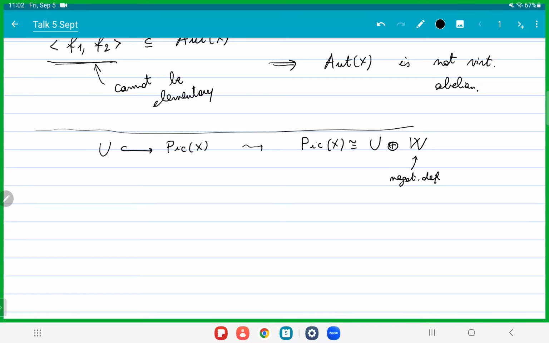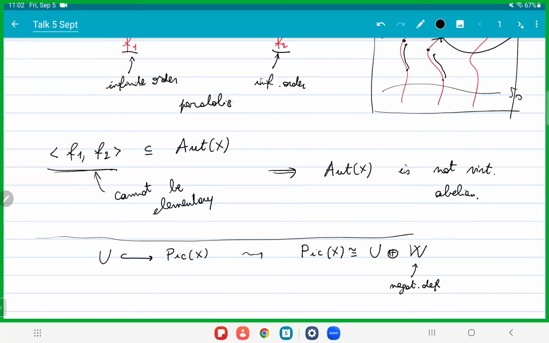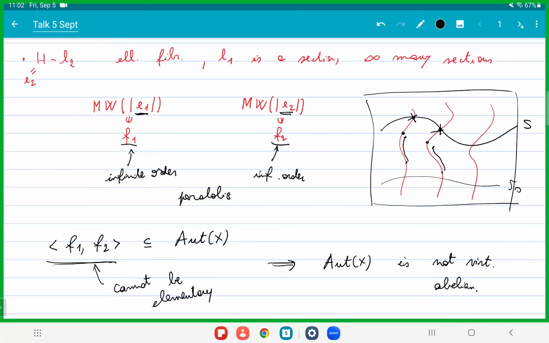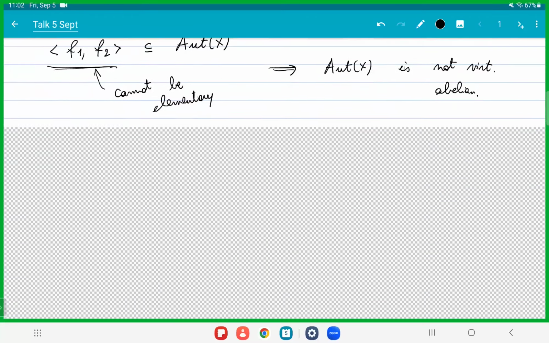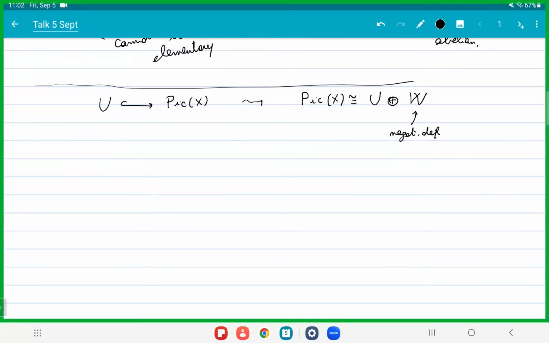And now we use... this last example that I gave should give the indication that if we want to be virtually abelian, there can only be one elliptic fibration with infinitely many sections, right? Because if we have two, we can consider this subgroup, and this is not going to be elementary. So this translates in lattice theoretical terms into this W being, we call it, unique in its genus.